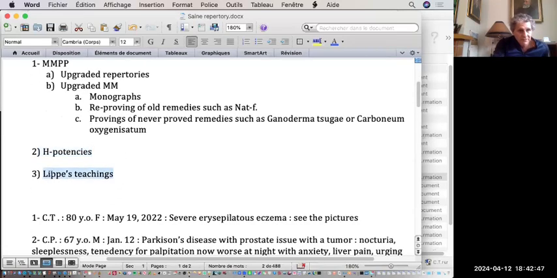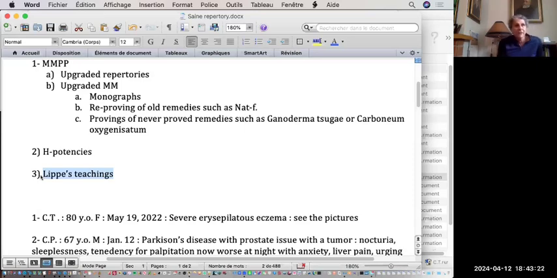And I'll say the third reason where the results are so good is the teaching from Lippe. Lippe was the best student of Hahnemann and probably medicine's greatest practitioner. And in the last year, I worked very hard to complete the work of his best writing. It's a 6-volume book series. So the first 2 will come out probably in May. Most likely in May, it will be in print, and it will be available on the website of the Canadian Academy of Homeopathy.